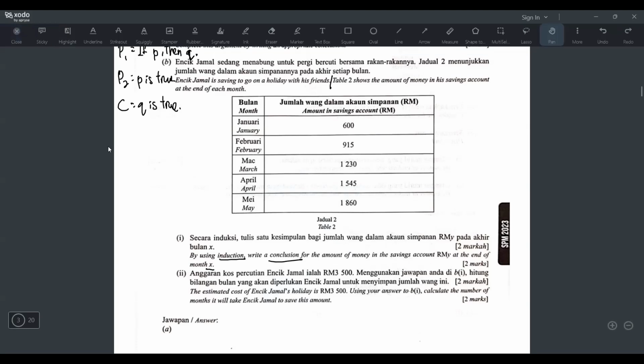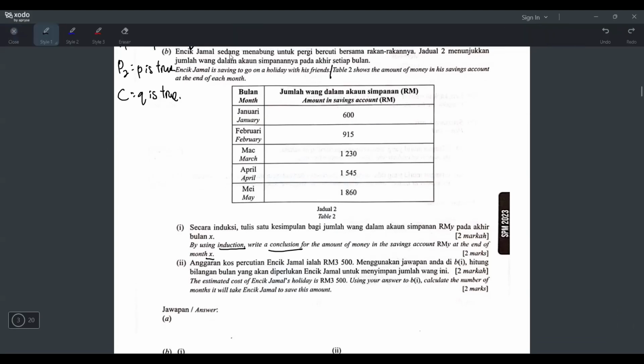For inductive argument, they always like to ask you to form a conclusion, right? And what the meaning of form a conclusion is, they will give you specific values and you have to form a formula. Conclusion means formula. You have to write down a formula, and the formula has to give you these values when you substitute 1, 2, 3, 4 inside. So you have to form the formula yourself. And the way to do that is to first look at the values and see what pattern. Kita tengok dulu nilai tambah tolak and nilai darab bahagi,